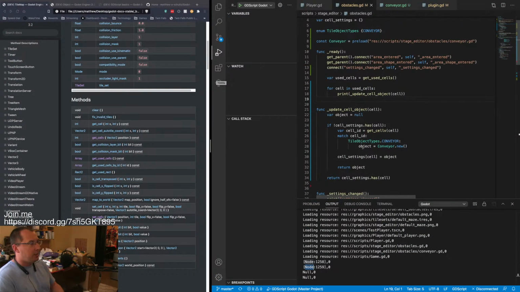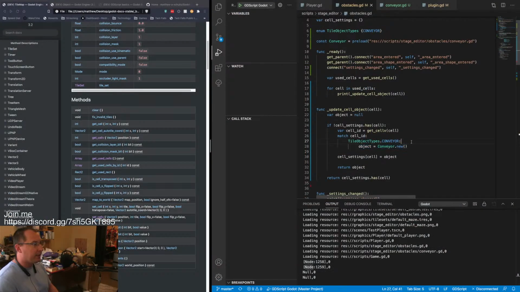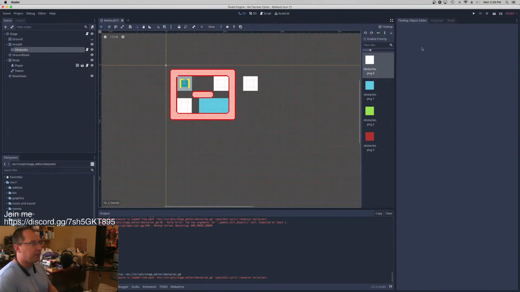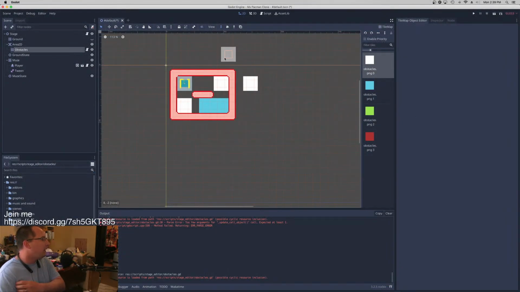When I instantiate that object for that particular tile, I need to know what values to pass to it based off of what we set in the properties here. And so I have to put that somewhere. And I'm pretty sure I'm going to have to just make a location. Ooh. I don't know. I mean,